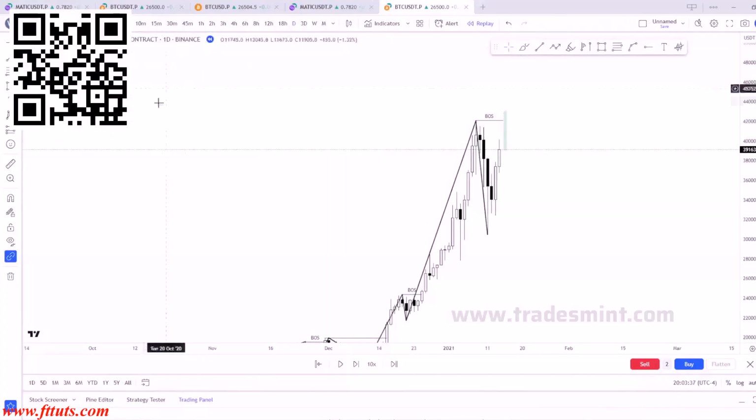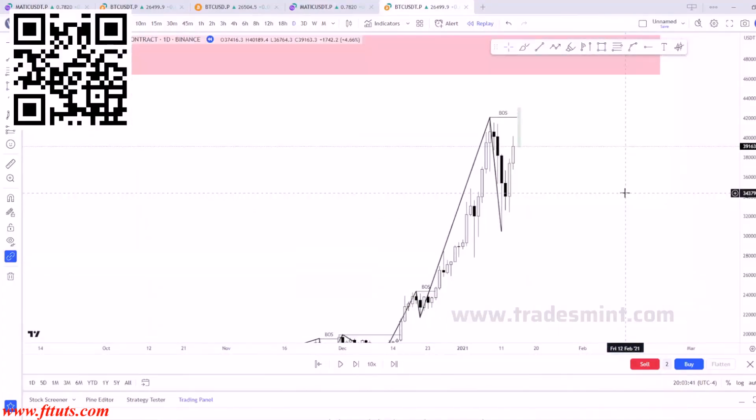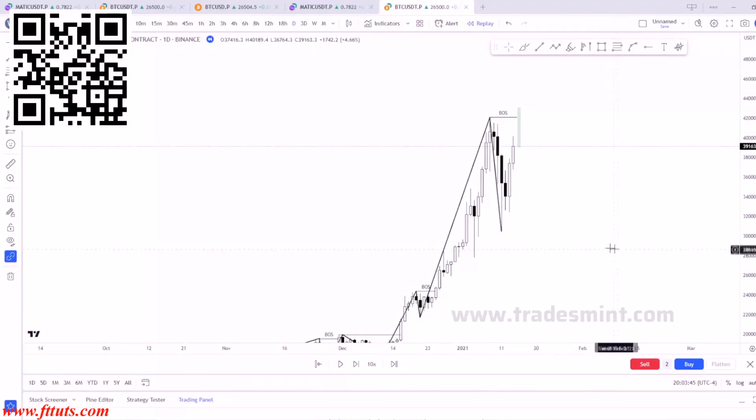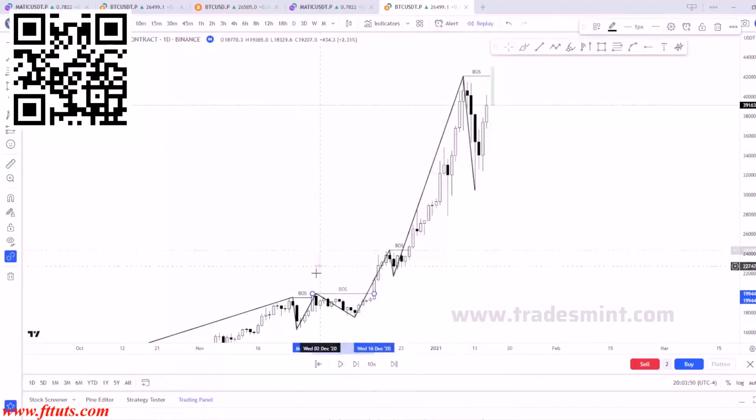But if there was an area of resistance, say it was up here, then yeah, we could obviously reevaluate as price makes its way in. But for now, we're not in an area of any kind of resistance. Smooth sailing, right? So we have 1, 2, 3, possibly 4 breaks in